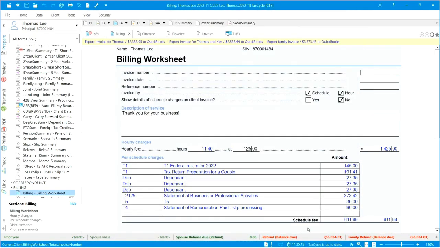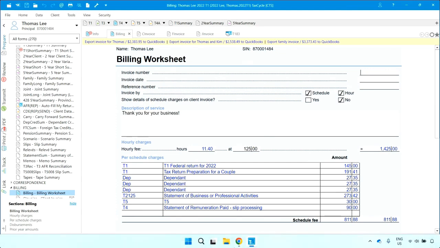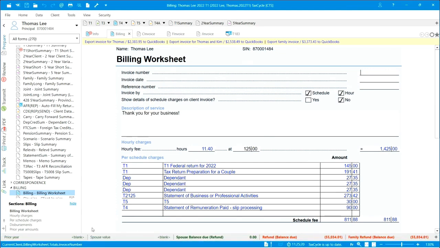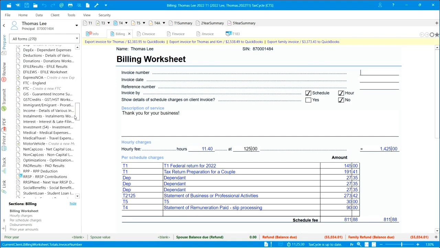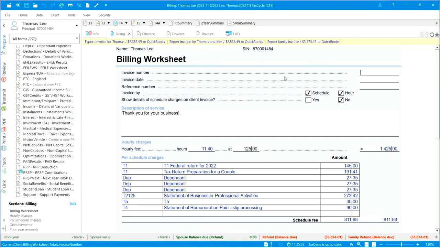And I want to show you what this billing worksheet is, and we are in Thomas Lee's return. I want to show you that I already have created T4 slips here for him for our demo purposes. And now what I want to show you here in the billing worksheet is that we have a